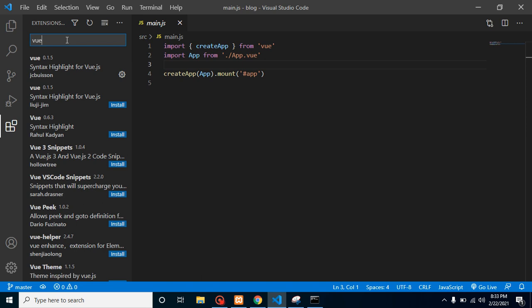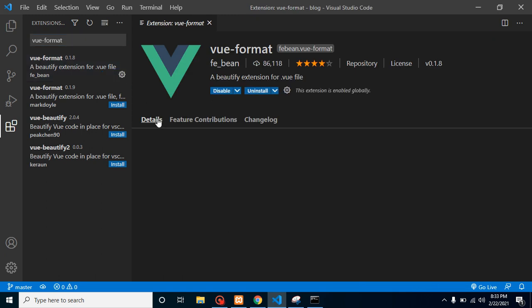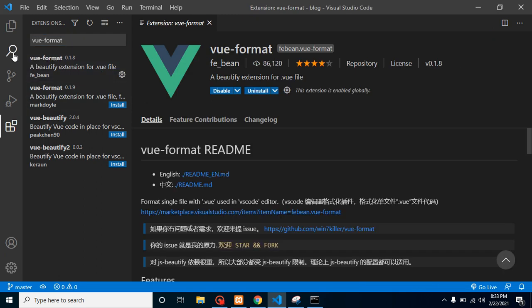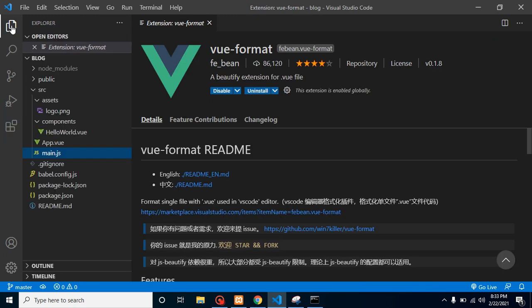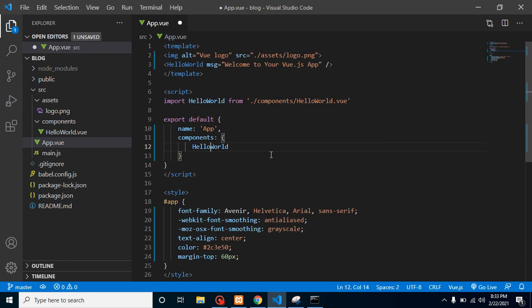Great. Again, just find here Vue format, right? You can install this format, and now you can format your code also. So just come back to the code, app.vue, and here you can see Vue format. Let's say your code is not formatted like this.